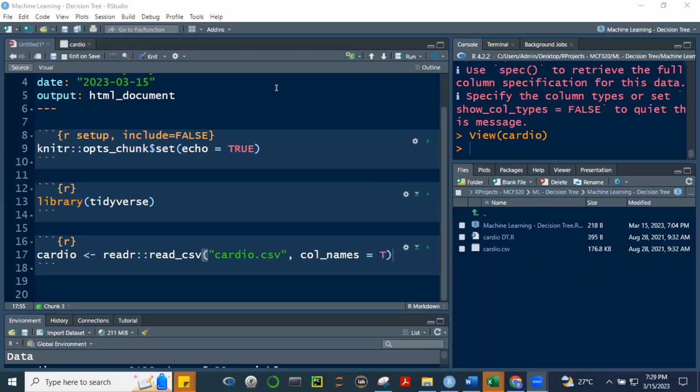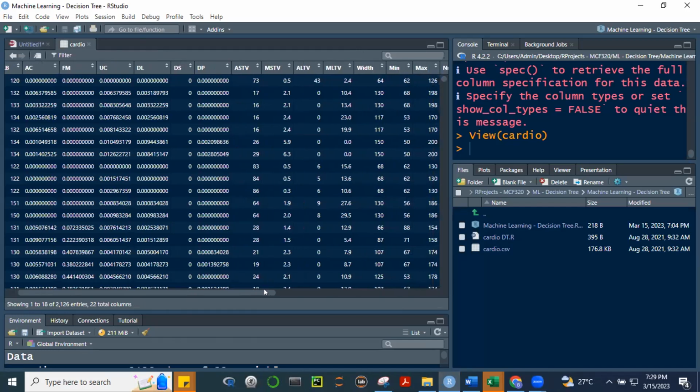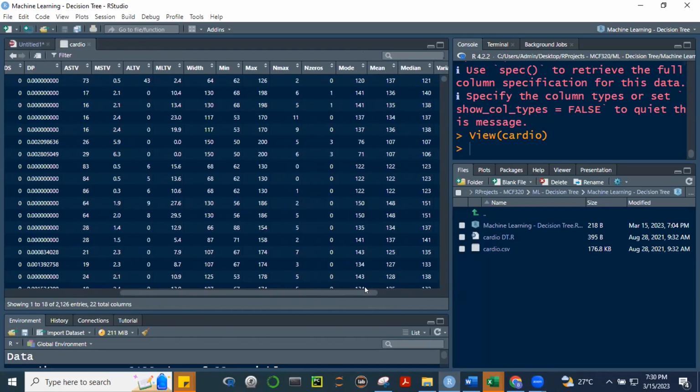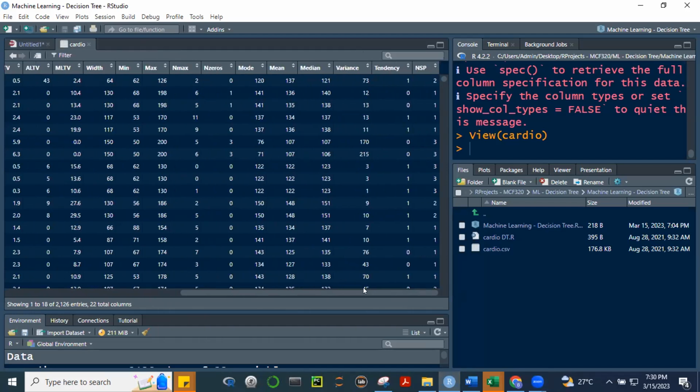Okay, thank you for that question, Rap. It's always good to have questions like this kasi nare-review din tayo, no? Okay, so let's take a look at our data. We have so many variables here. These are actual data too, no? 2,126. And these are medical data. We will not anymore look at the significance of this, yung mga ibig sabihin nito. But this is normal. This has something to do with the heart condition.